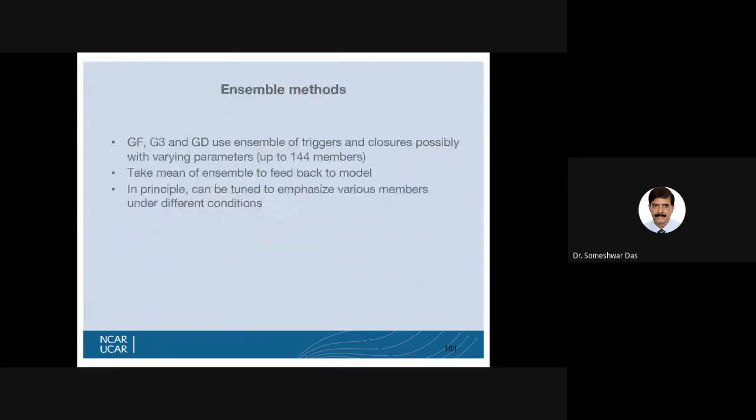Then there are ensemble models also for cumulus parameterization, and in that category there are schemes like GF, Grell, G3, Grell-D. They use an ensemble of triggers and closures, possibly with varying parameters up to 144. It tracks the mean of the ensemble to feed back to the model. In principle, it can be tuned to emphasize various methods under different conditions.